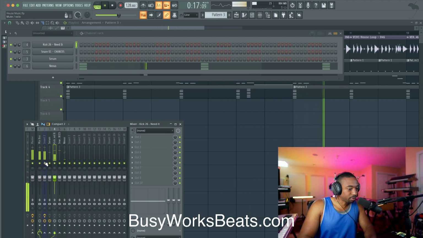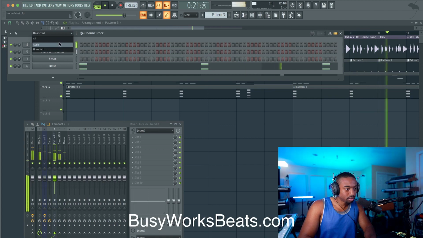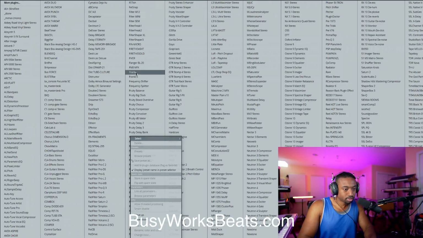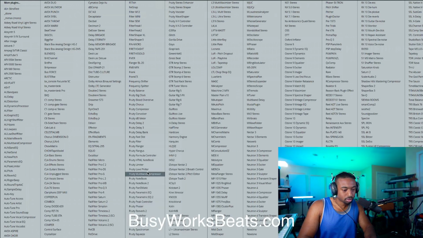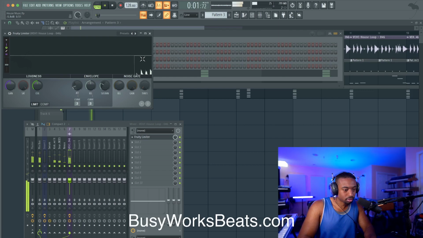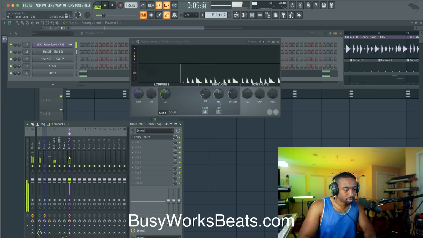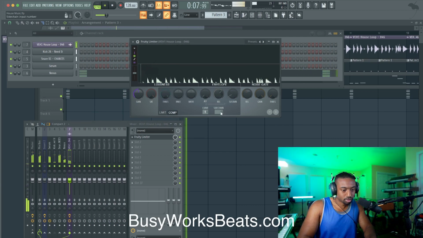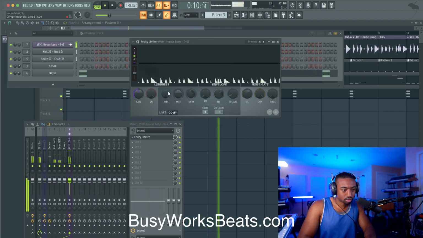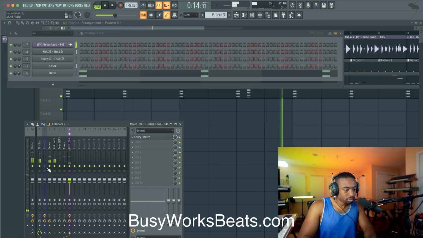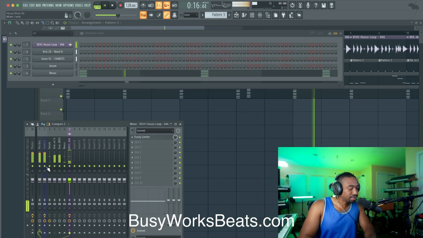Let's add some sidechain from the kick to the loop. Let's add a melody and then sidechain all the melody.